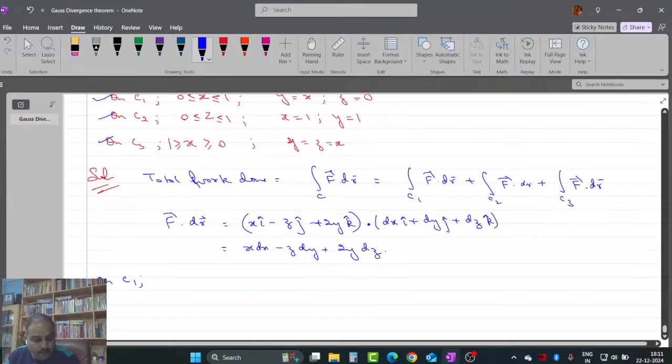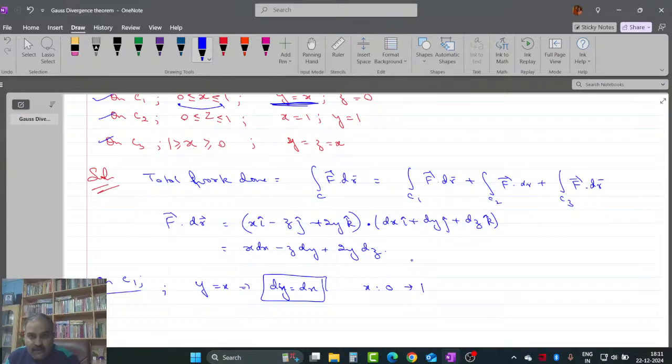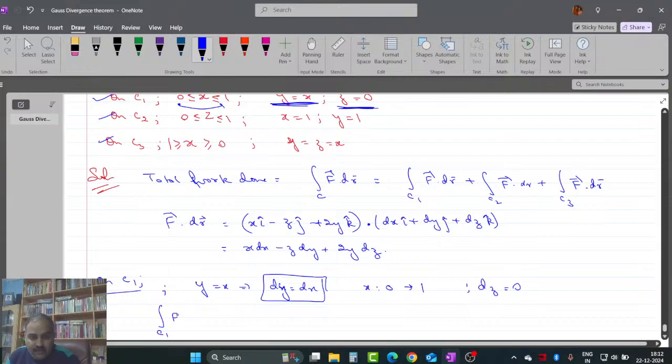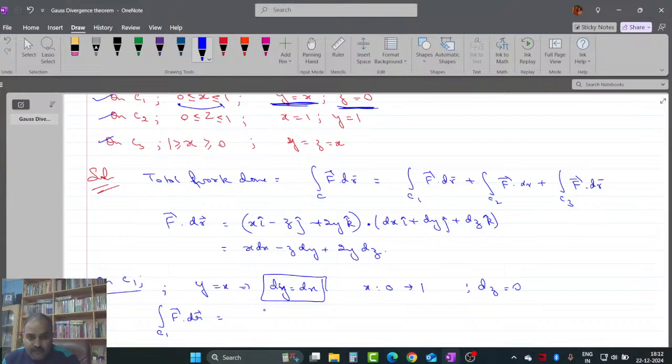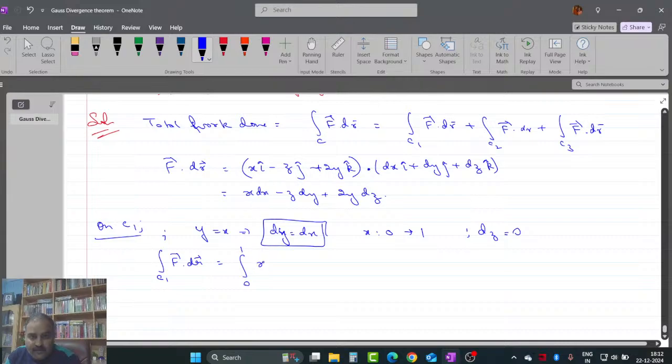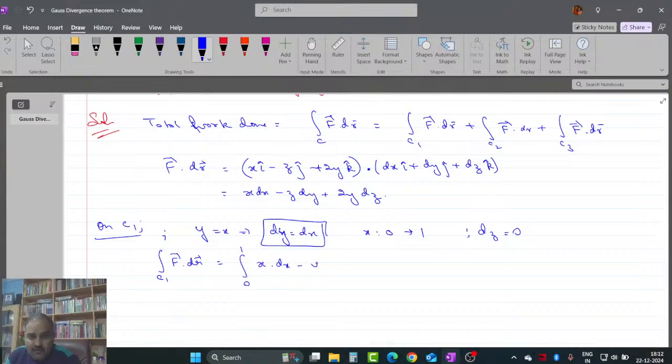नाउ ऑन C1, C1 पे गिवन है कि मेरे पास y is equal to x है, that means dy is equal to dx, और x जो वेरी कर रहा है वो 0 to 1 वेरी कर रहा है, और z की वैल्यू 0 है, तो इसका मतलब dz की वैल्यू भी 0 आ जाएगी। सो along the curve C1 f dot dr, that will be integral 0 to 1 x as it is dx as it is minus z तो 0 था तो 0 आ जाएगा, प्लस 2y into dz, dz भी 0 है, so it counts to be integral 0 to 1 x dx, so it will be x square by 2 within the limit 0 to 1, so it will be 1 by 2, ठीक है।